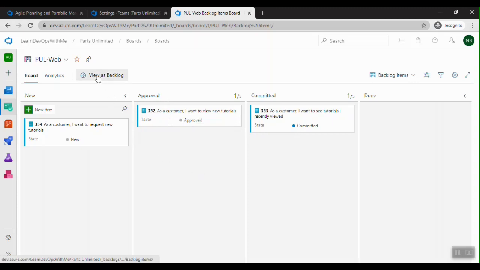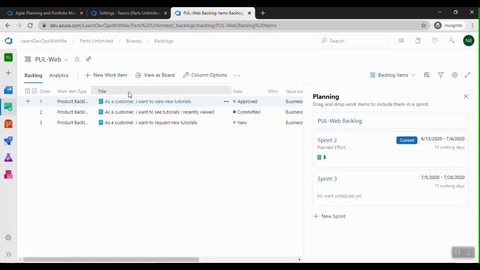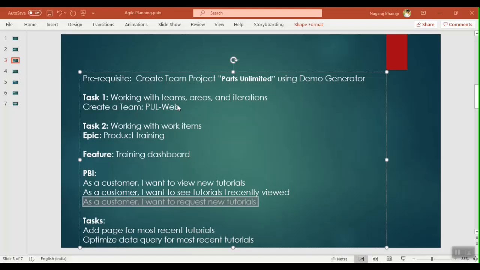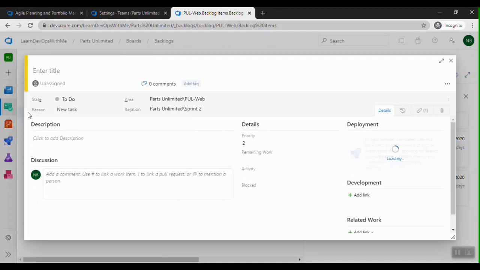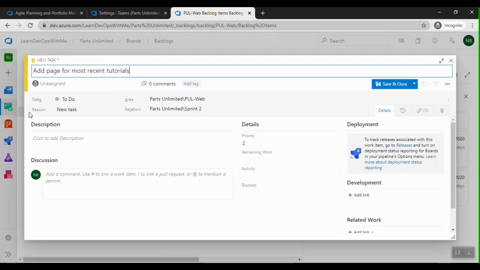So let me go to the backlog view here, and for one of the PBIs, let's create the tasks. Let me go ahead and create the task work item for this.